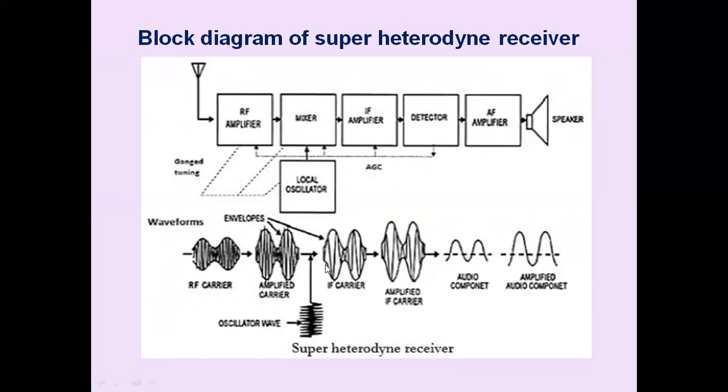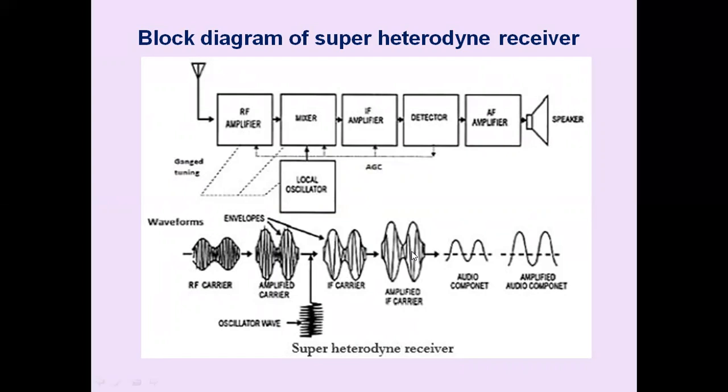This IF signal is once again amplified in the IF amplifier, so the signal level is increased so that it provides better selectivity. The message is there on 455 kilohertz in the case of an AM receiver. So it is amplifying 455 kilohertz on its band. So it is providing most of the front end selectivity. Not only that, sensitivity is also improved.